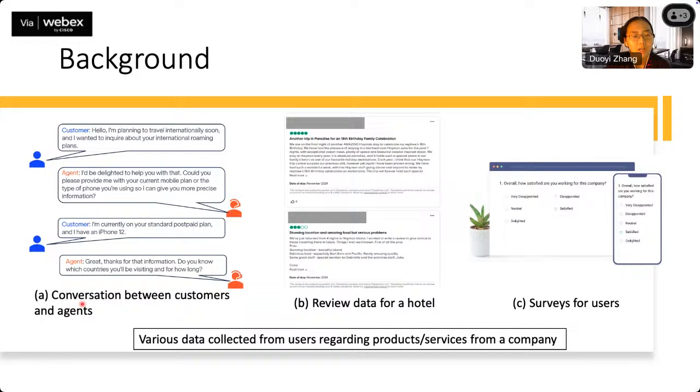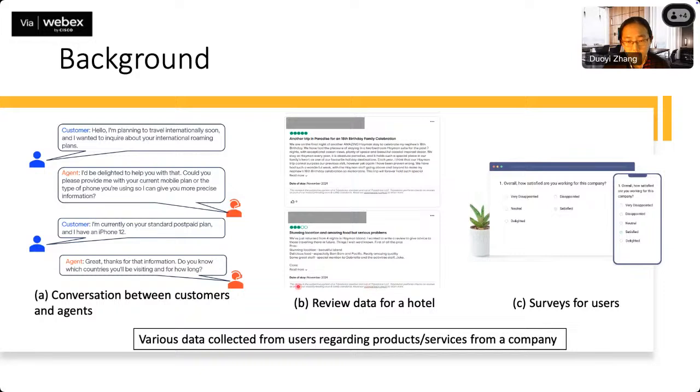Not just telecommunication, I think most companies have this kind of conversation data stored in their database. Those are interactions between customers and agents regarding the customers' specific problems. And